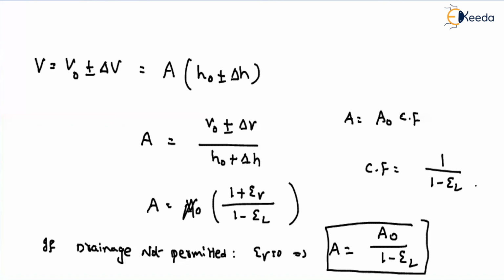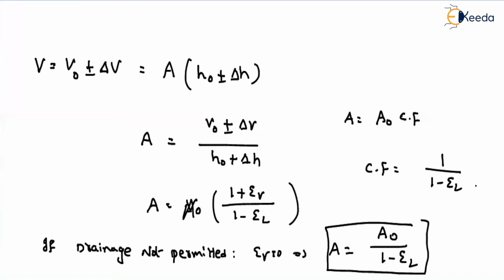What are the advantages? The failure plane will not always be the weakest plane, unlike in the box shear test, where the failure plane is always horizontal. Also in the triaxial test, we have complete control over the drainage conditions. Either we can conduct the experiment by allowing the drainage or by not allowing it, and we can also measure the pore water pressure. And as we are using a cylindrical sample, the stress distribution is uniform.